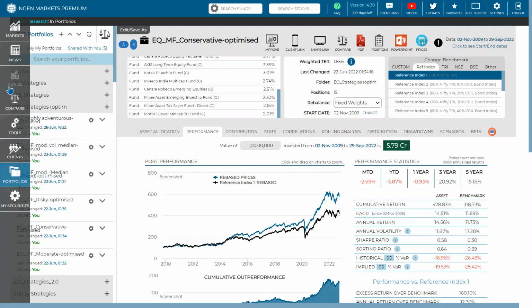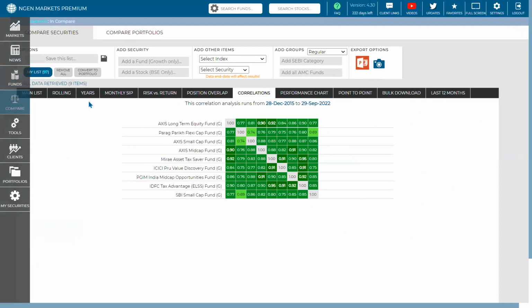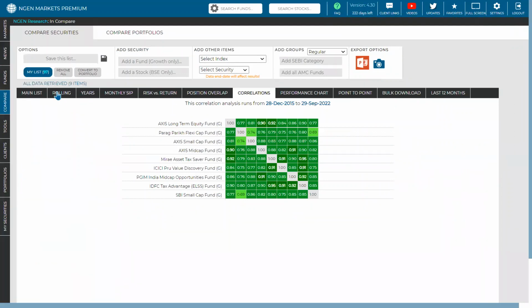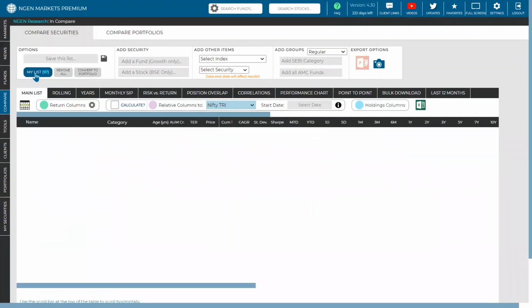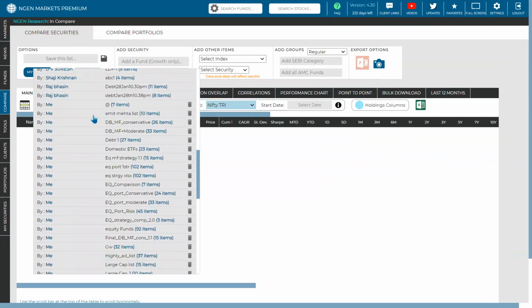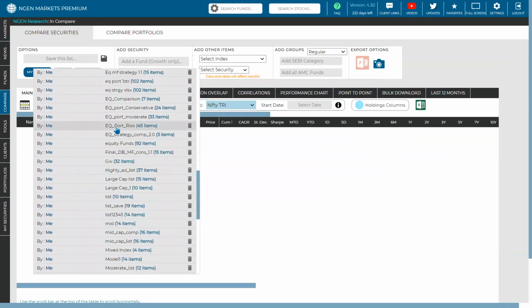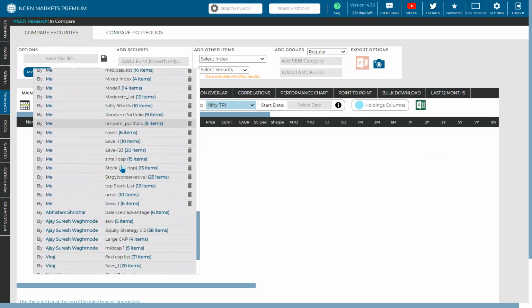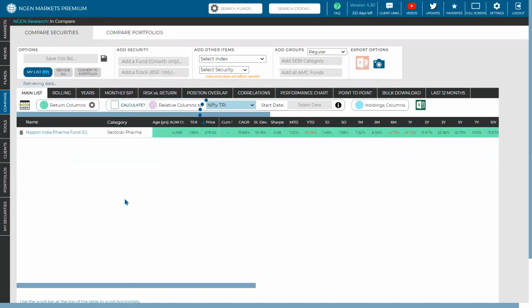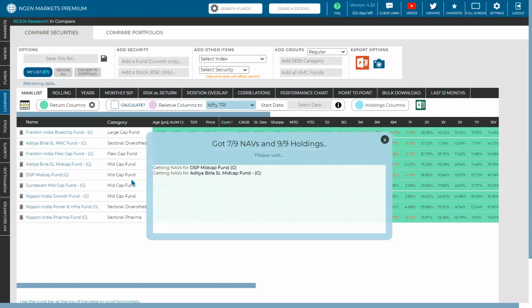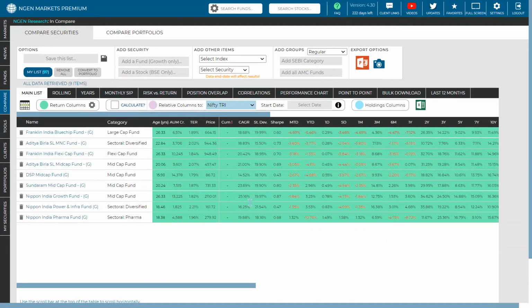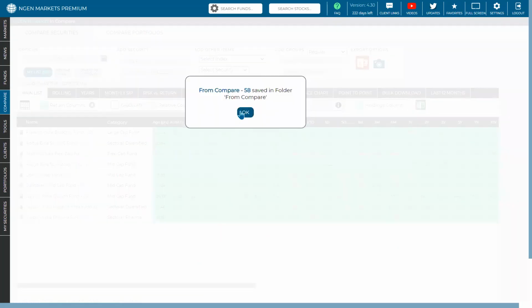Why am I talking about a random portfolio? Let's say you have selected a couple of funds based on their performances, or maybe on point to point performances. I'm just going to remove all of this and add in a random list. Just a second. Any list would work. So this is the random list I'm adding. Some of them I've chosen on the basis of thematics. Some are chosen on the basis of point to point returns, and then you have added them into the system. Now once you convert this to a portfolio,